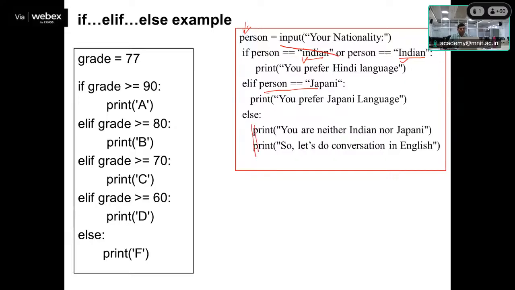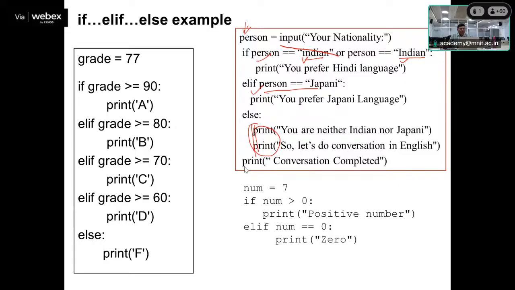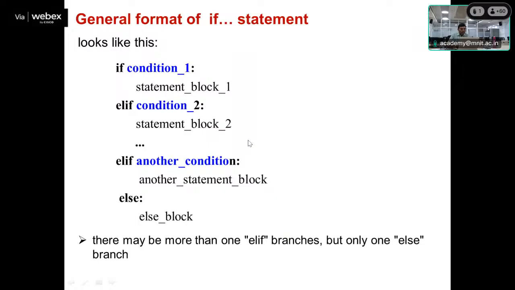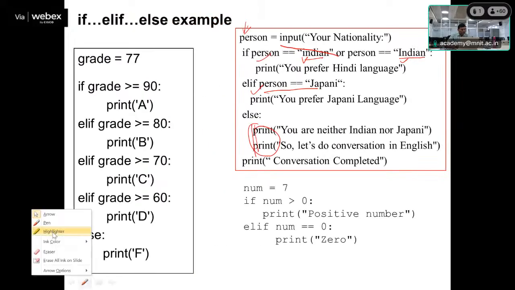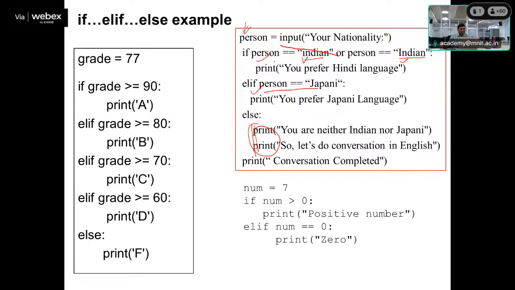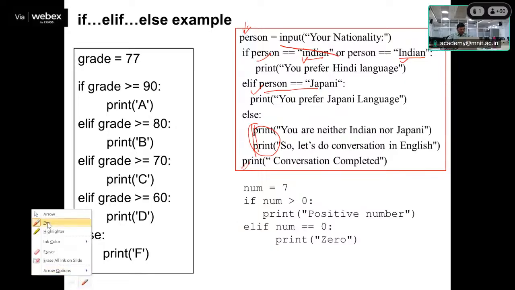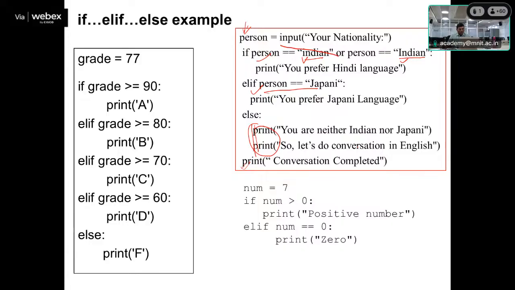If these conditions are failed, the if statement and elif statement, then these two statements are going to take place. And this print conversion completed statement is not part of any if or elif statement. If all the conditions are false, then print conversion complete is always going to perform. Now take another example where we have only the num 7, and if num is greater than 0, positive